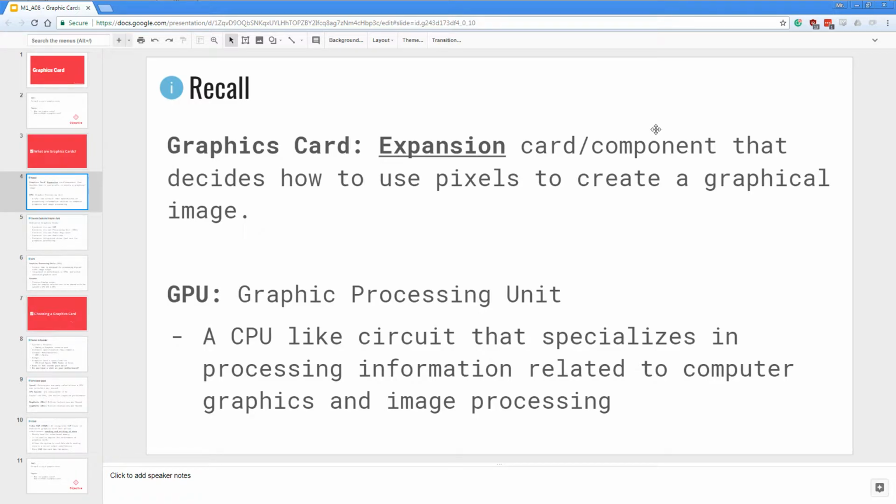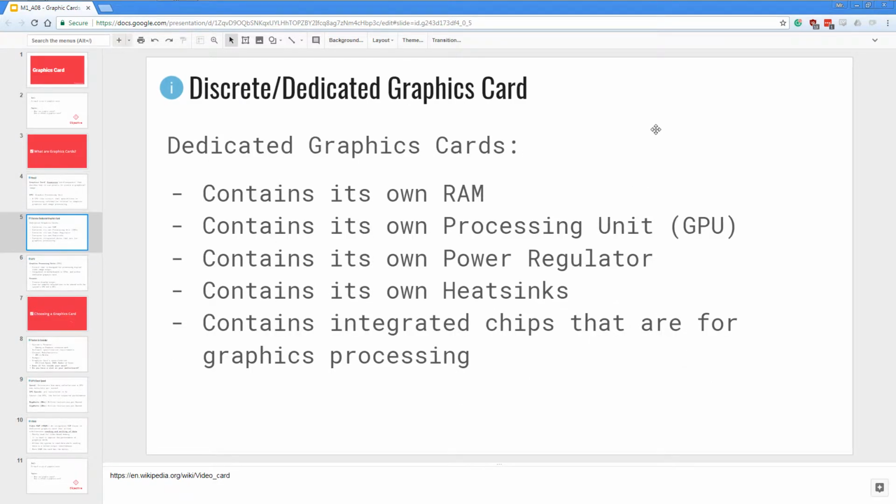And within graphics card we have a GPU, which is the graphic processing unit. And much like a CPU, it is a circuit that specializes in processing information related to computer graphics and image processing. So we won't be talking about integrated graphics more. What we'll be talking about is called a discrete or dedicated graphics card, which is an external expansion card that we can install into our PCI slots of our motherboard so it can do its graphical